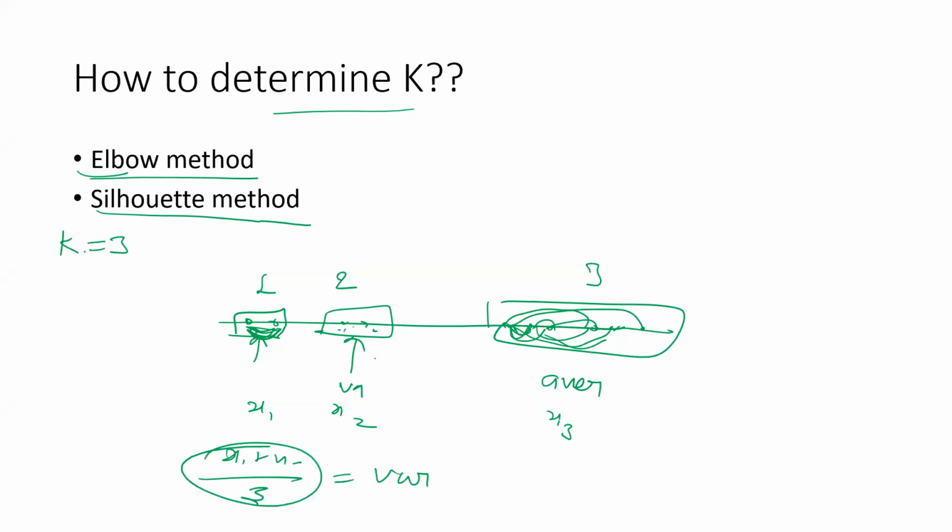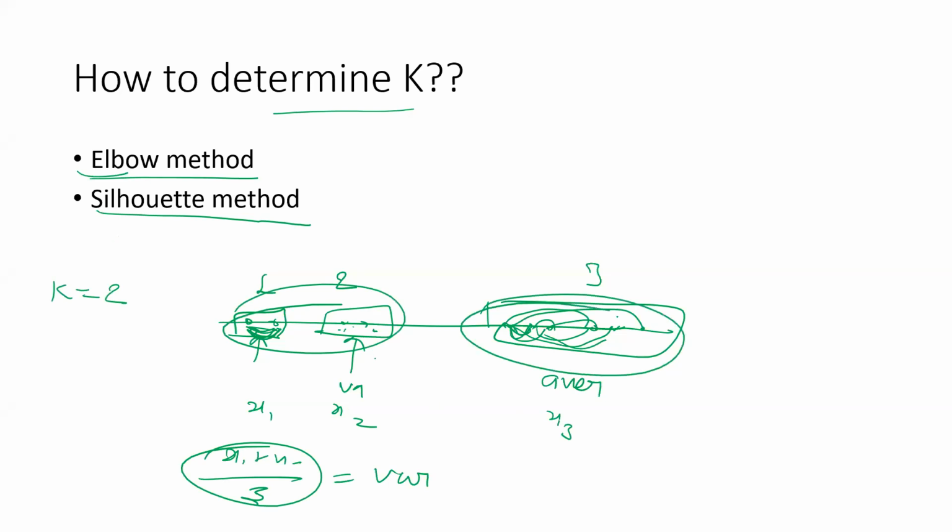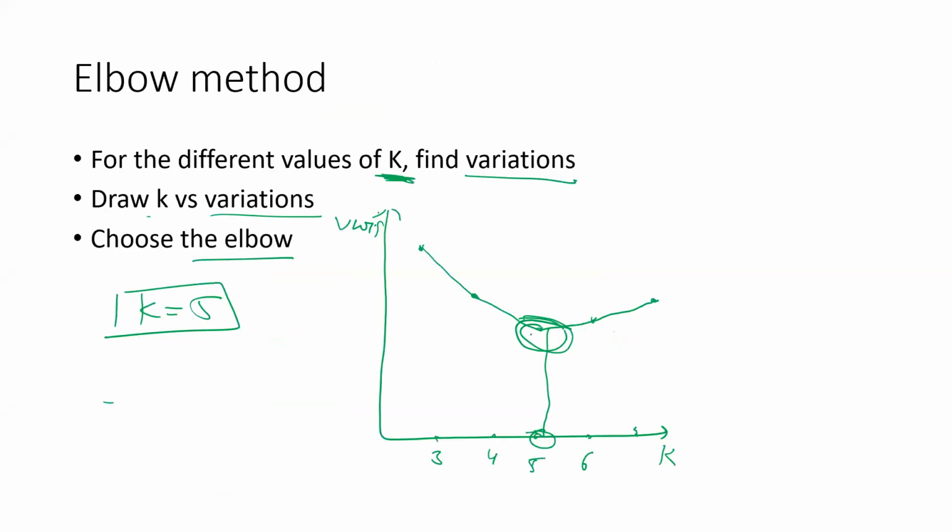Again, you will start your algorithm with k equal to 2. So here you can see 3 are there. So let's say this becomes 2 clusters at the last by applying k-means. The average value is average distance. So you draw the curve between variation and k and choose this elbow. This kind of elbow. This is the elbow method, but it's generally not preferred because of variations, remember, if you have high number